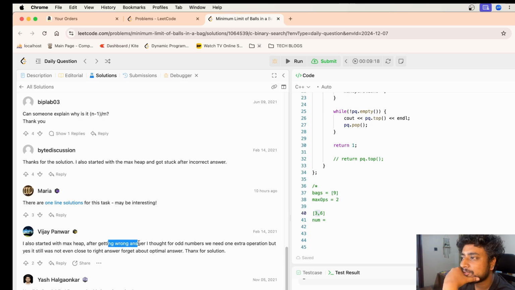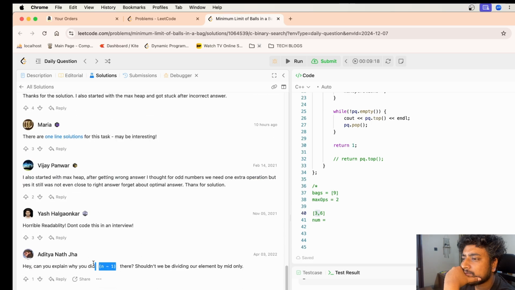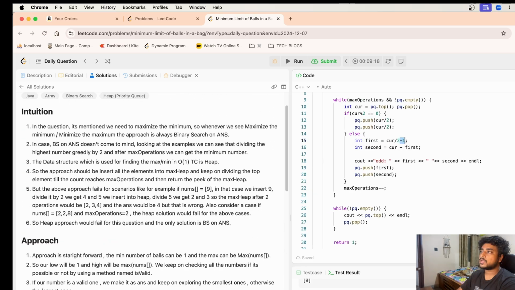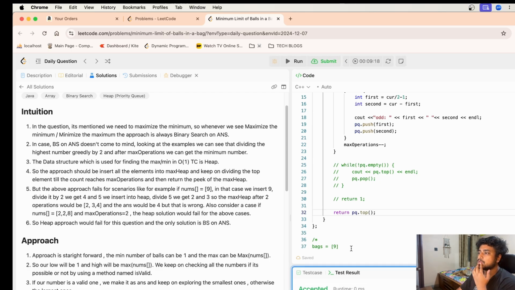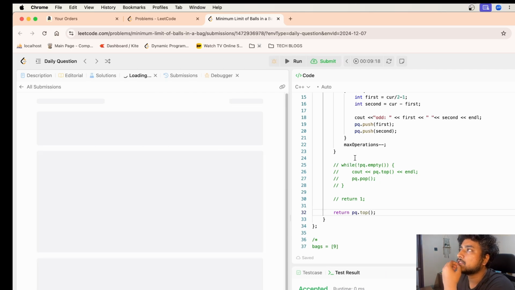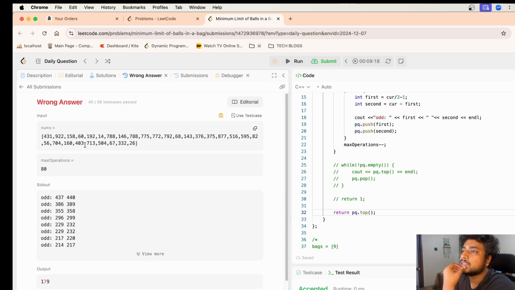Everyone is starting with a binary search solution. This one just 3 and then this. And if you don't do this and put it down to this, will it work? It does work, but it will give you the wrong answer, I feel. It won't pass this test case, and the expected is 179.